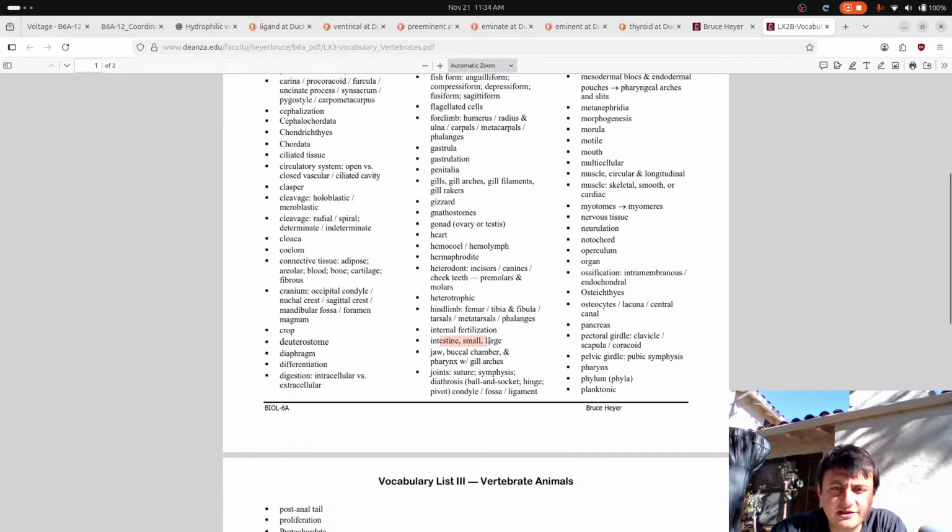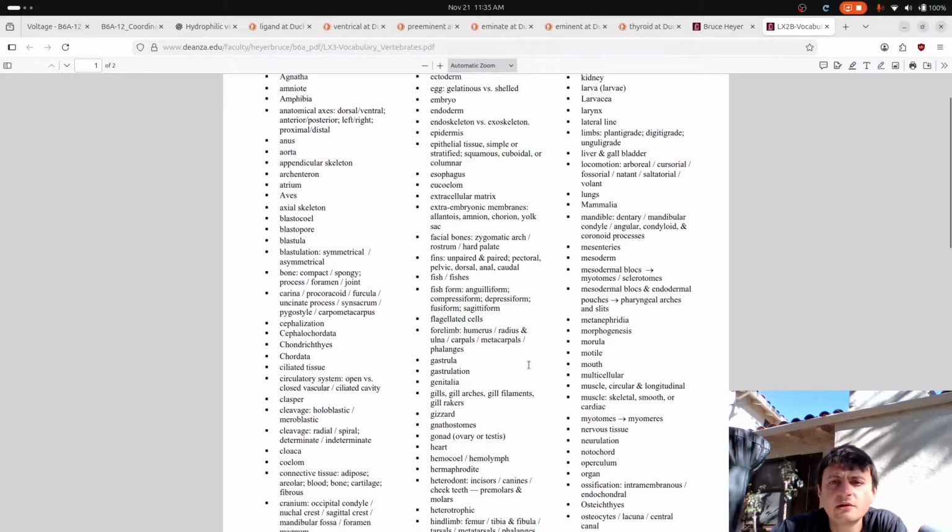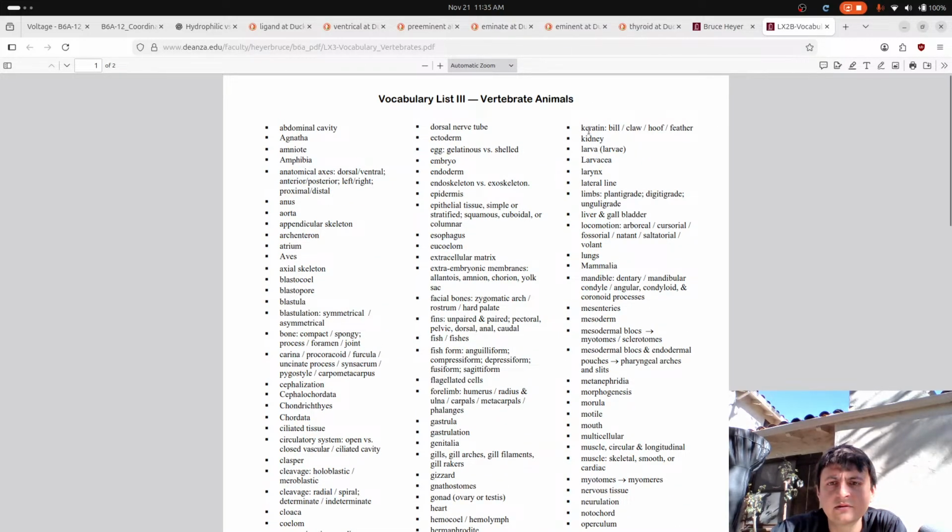Internal fertilization, intestine, large, small. Jaw, buccal chamber, pharynx. Joints, interesting. Ooh, okay, I'm gonna like the joints. The joints are cool. Suture, symphysis, diarthrosis, keratin, bill, claw, hoof, feather,